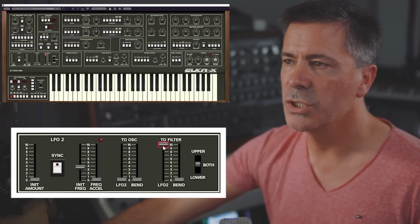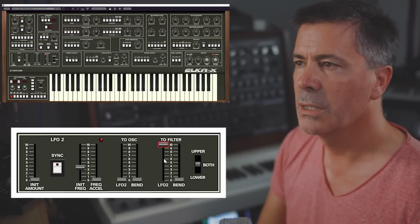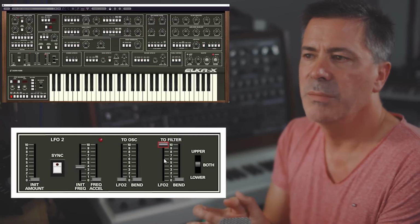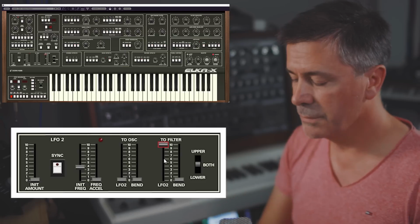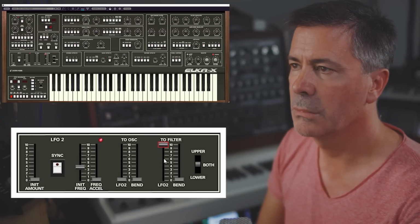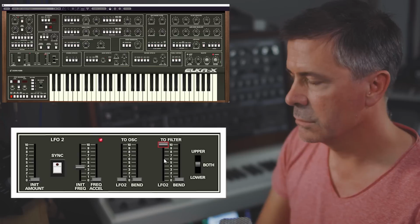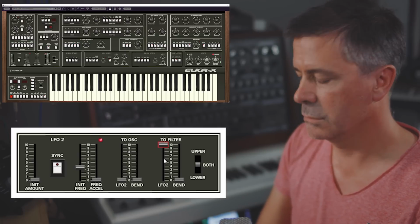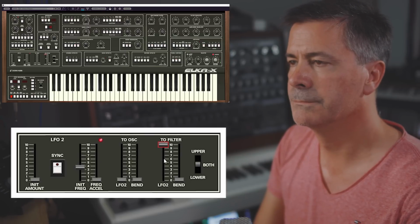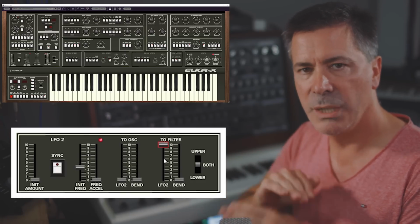Now with either of these modulations, let's just whack up the filter modulation to maximum. If I play some notes, nothing happens, because all LFO number 2 modulations are controlled by the mod wheel. So I have to turn up the mod wheel to get the modulation like this. Now, when the mod wheel is all the way down, there is no modulation at all. It's completely